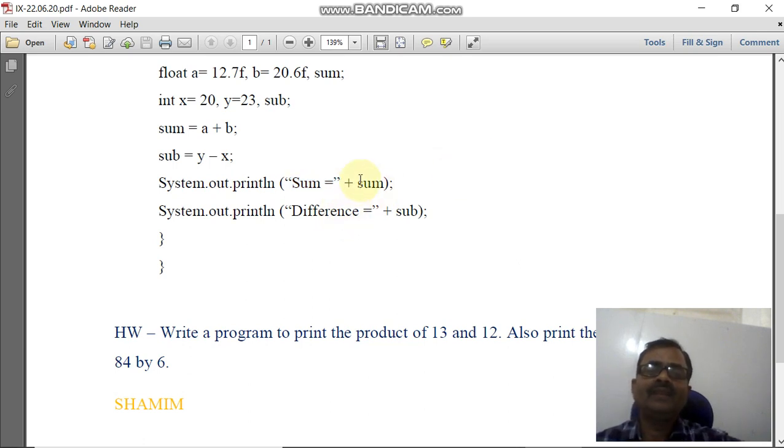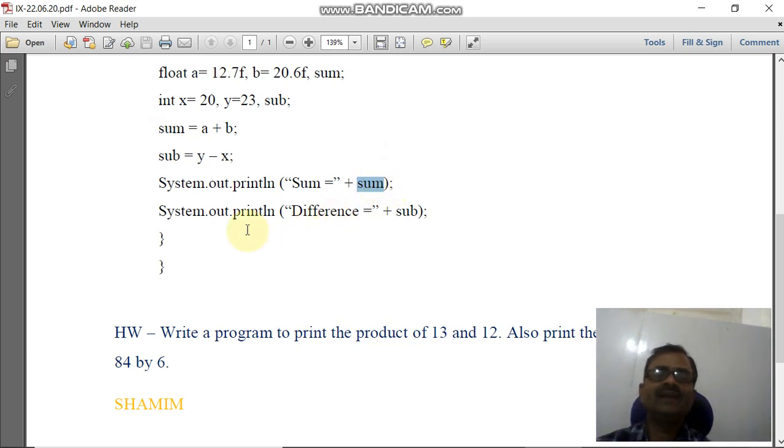And after that, plus sum means that after printing what is in the double quotation marks, you now print the value of the variable sum, because it is not in double quotation marks, which shows it is a variable. So the variable will call the value of sum from here and it will be printed. So you get sum equal to, and the sum of 12.7 and 20.6 will be printed.